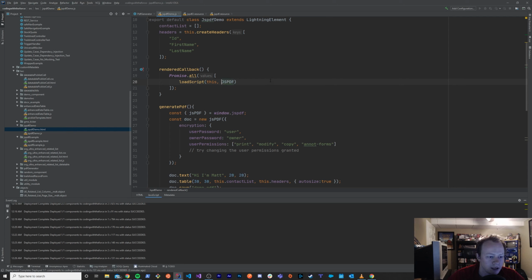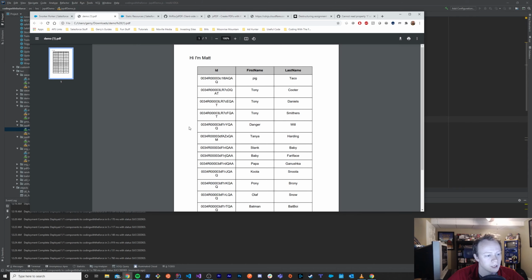And the third and the last thing that I did is, for some reason, and I'm sure there's a good one, but I can't seem to remember it at the moment, you need to name this variable jsPDF like that. Otherwise this will break, and I'll just show you that real quick. If I change this to jsPDF and I come over here